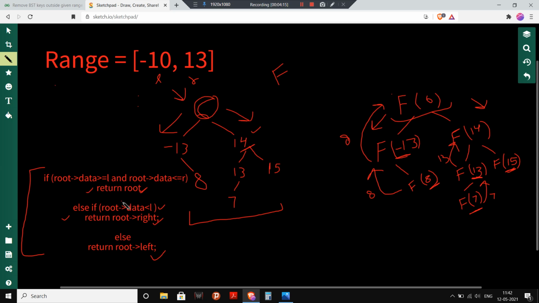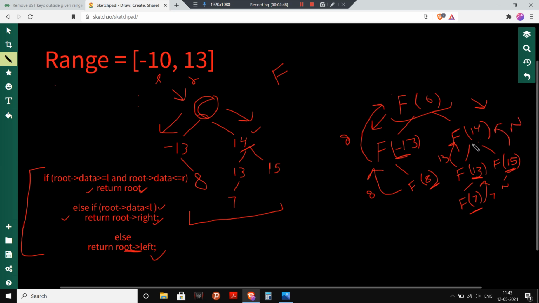No. Moving to the else if: is 15 less than L, 15 less than -10? No. Then I will go for this else condition, that is, I have to return the left child of the root, the left child of 15, which is null. It is by default null, so I will return the null node.